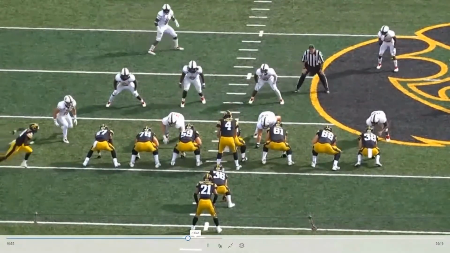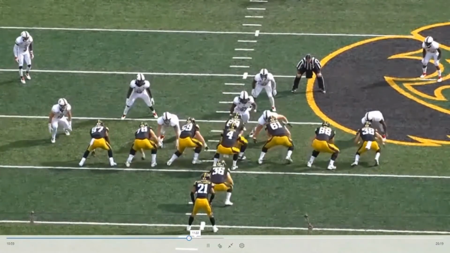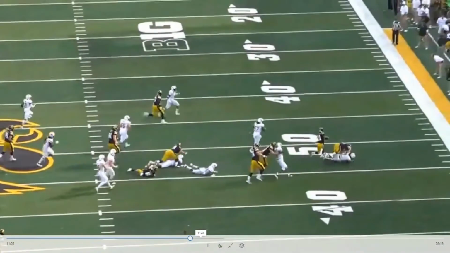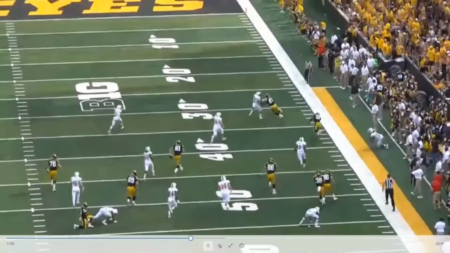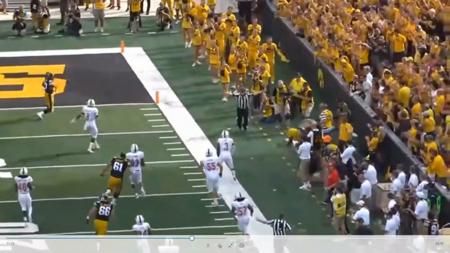You want to take a look at the left guard. You're going to see him go low to the second level. Number 59 there, he's going to go second level low and get the guy from the side. But that's not the line of scrimmage guys' key to pick up. That's the umpire's, and the umpire does a nice